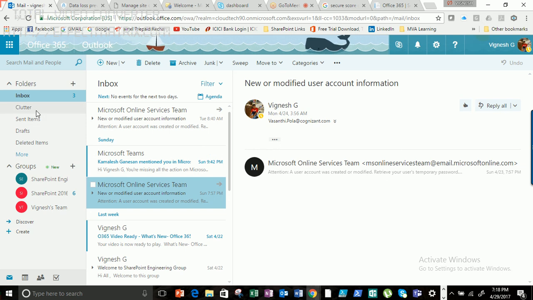The moment I move this email to clutter, it's just going to do some learning. Maybe it'll scan for another 1 or 2 days, and every time an email comes from that address, it'll automatically move it to clutter. So there could be some chances wherein you would also be missing some important emails, but